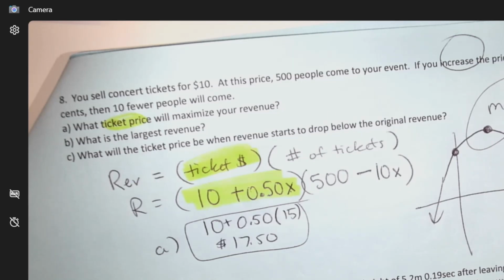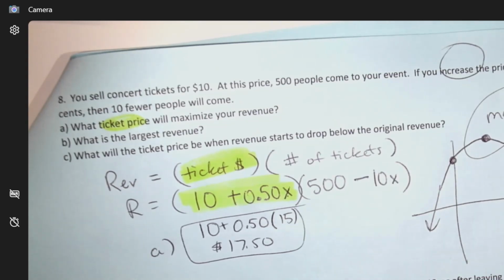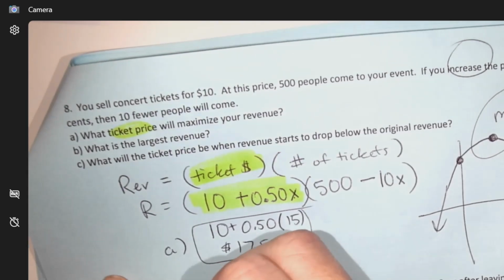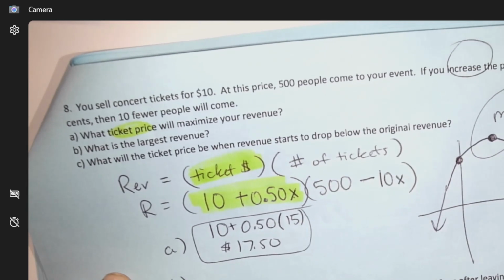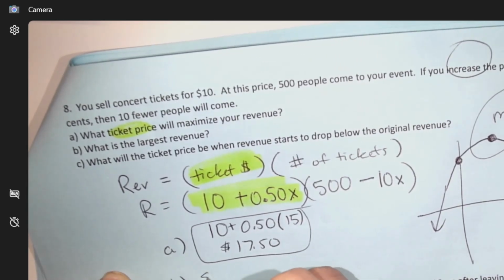Okay, I know that a lot of you figured this out on the test where you figured out the 15, but then you didn't know where to apply it. So put it into the price. What is the largest revenue? This is X, and this is revenue. So the most money I'm going to make